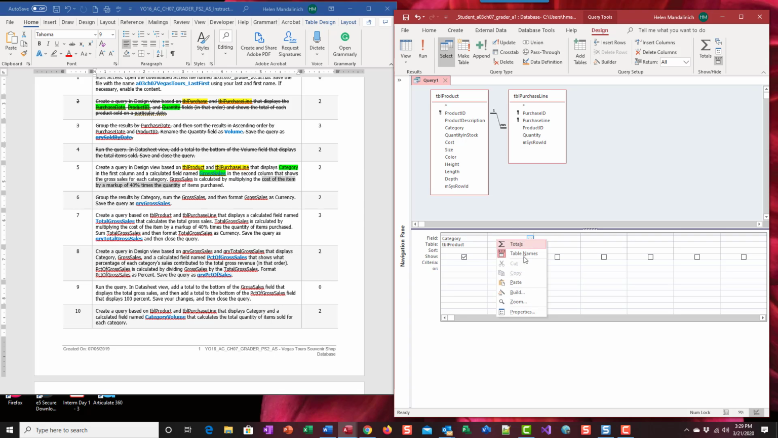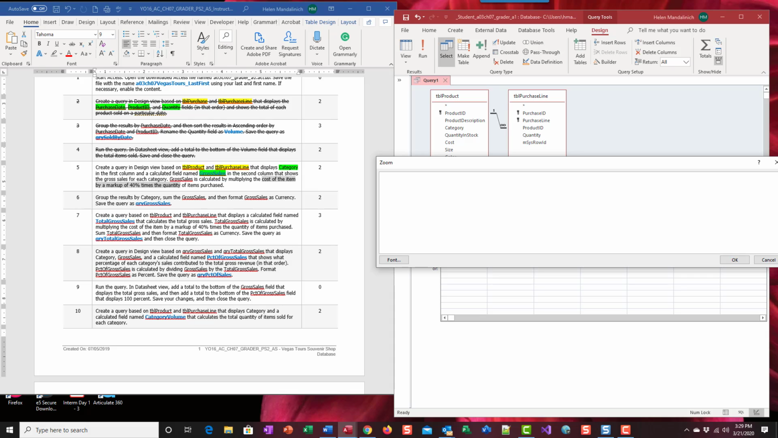So we're going to come over here, right click and zoom to get to our calculation. So what is that going to be called? Gross sales. So we're going to type gross sales, colon. So that's the name. Colon means we're done with the name. We're going to start the calculation. So we're going to put quantity